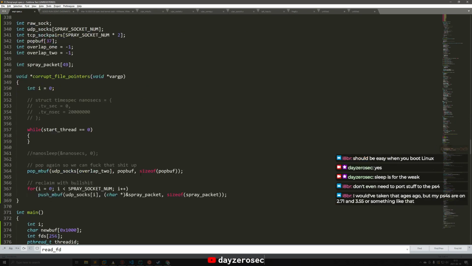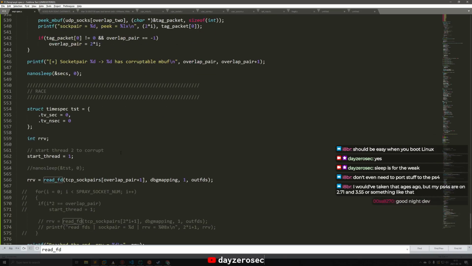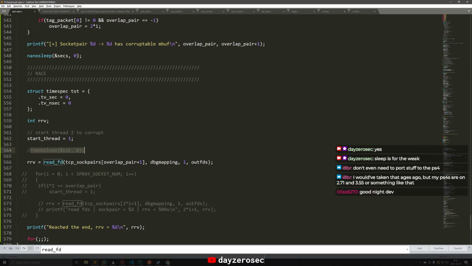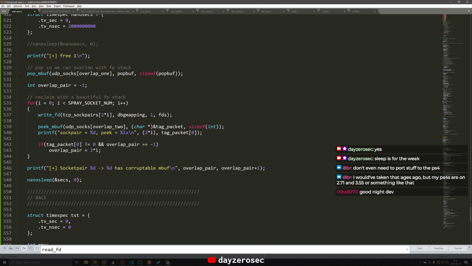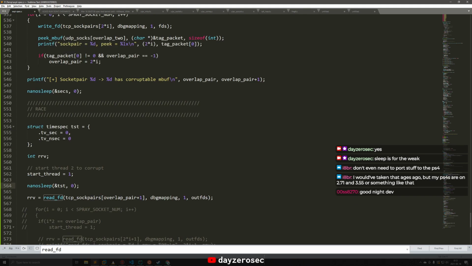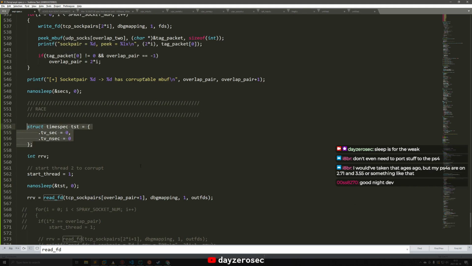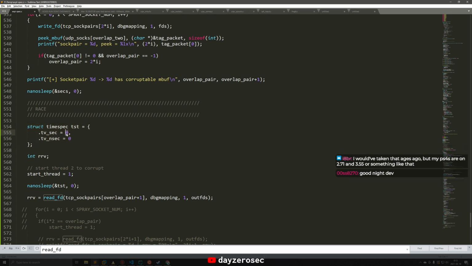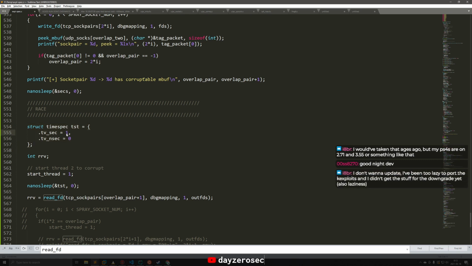So we're going to scroll down here, and I do have a sleep set up that I was playing around with because I knew I would probably need that. So I can just uncomment that, and here's where I set up the timespec. I think I'm going to set a delay of 1 second and then work my way down, like what I did with the sleeps, the artificial extensions in the kernel window. I'm going to start with 1 second delay here, and then we'll tweak it from there.